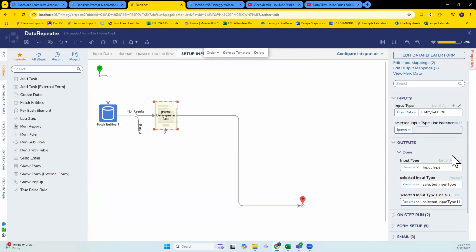You see the input type there on the outputs? Yeah, that would probably pass out all of them except the ones that you deleted. But if you added new ones and you only want the new ones you added, you will need a filter. You're going to need some sort of rule collection filter or something after that form to determine which of those were newly added compared to the entities that were fetched.